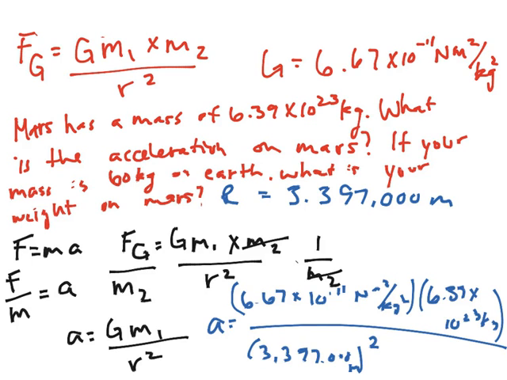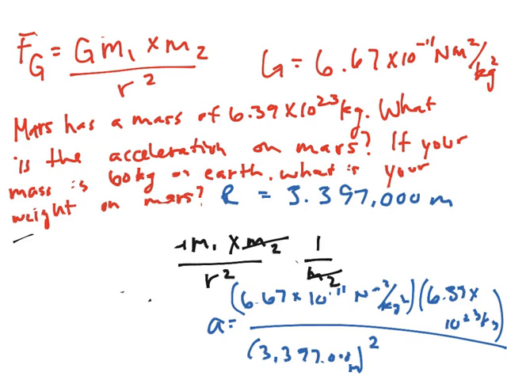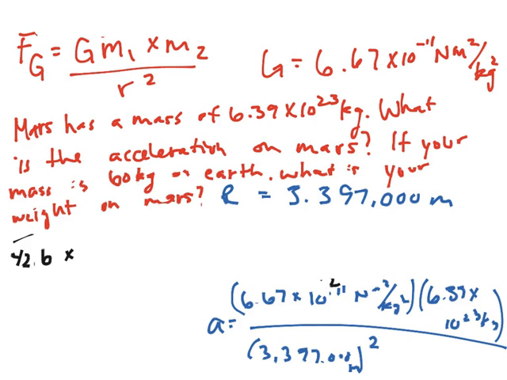I'm going to erase some stuff to make room for you to just write it below. These two 6's on top multiply to get about 42.6, and then times 10 to the negative 11 times 10 to the 23rd, which means it's 23 minus 11, so it'll be 42.6 times 10 to the 12th over